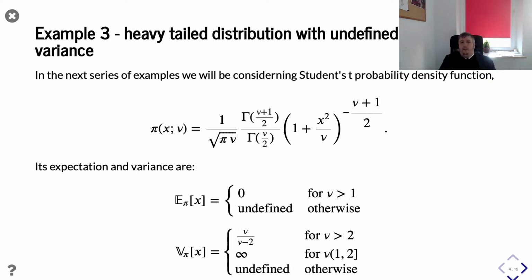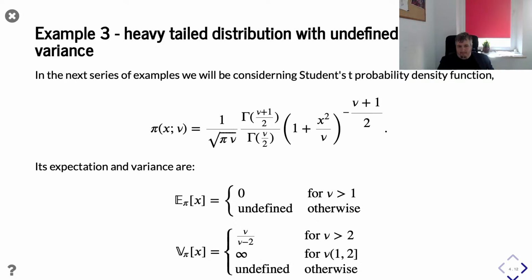In the case of the Student distribution, depending on the number of degrees of freedom, we can get a bit of complication. If the Student distribution in this form has a number of degrees of freedom greater than one, which is an unfortunate name because this number can easily be a real number and is not required to be an integer, then it has a zero expected value. However, if it's equal to 1, which is the special case of the Cauchy distribution,